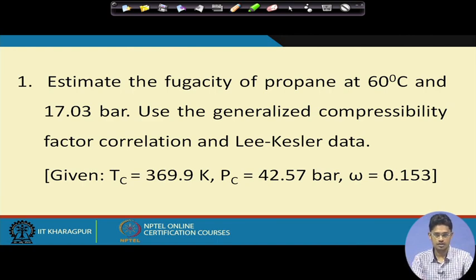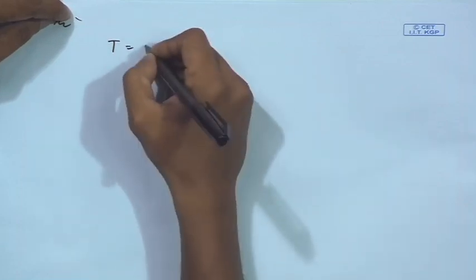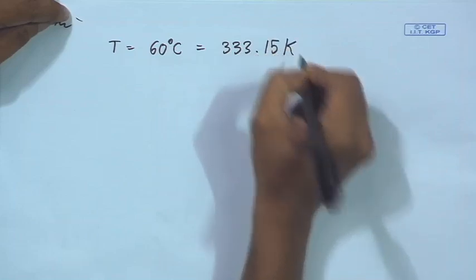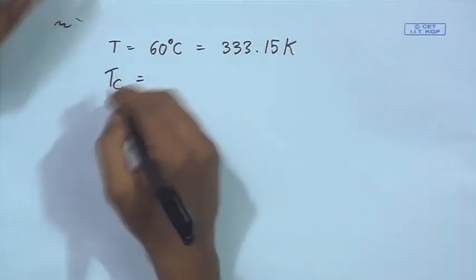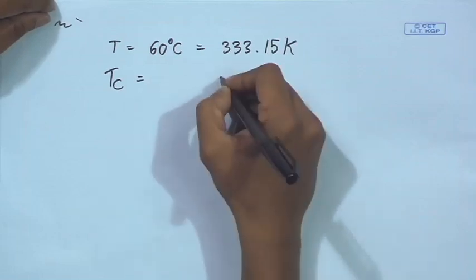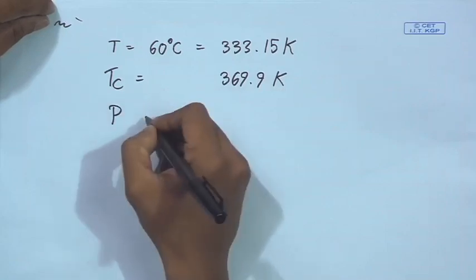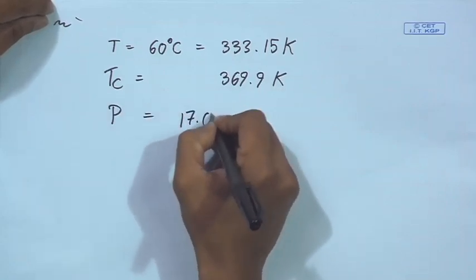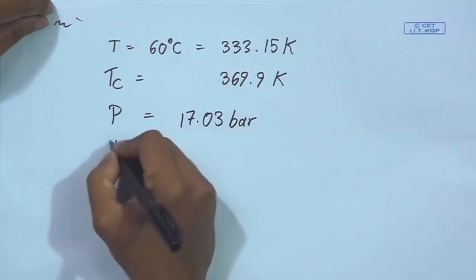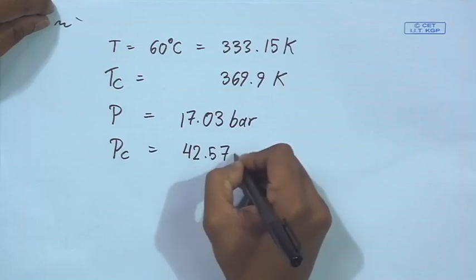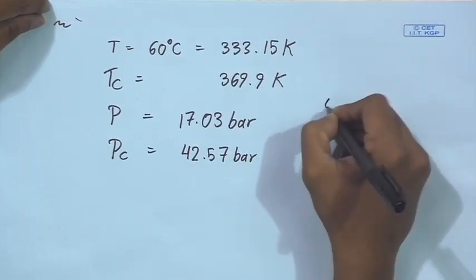So the first thing that we need to do is list out the values that are given to us. So I am going to do that. T is given, that is 60 degrees Celsius, that is 333.15 Kelvin. Tc, critical temperature, is given and that is 369.9 Kelvin. Pressure is given, that is 17.03 bar. Critical pressure is given, 42.57 bar, and eccentric factor is also given,